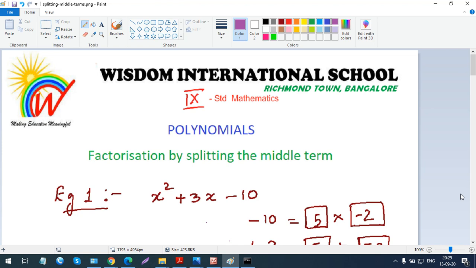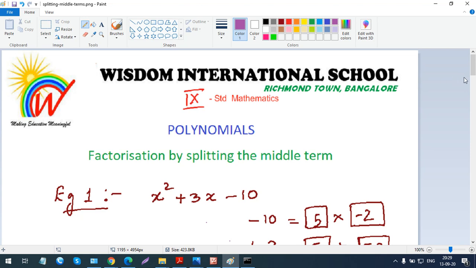So children, we have come to the end of the chapter on polynomials. This is factorization by splitting the middle term. Usually we had an identity and we were able to factorize using the identity. Right now we are going to factorize by splitting the middle term. This is a different way of factorization, so listen carefully, and this is very important in your 10th standard